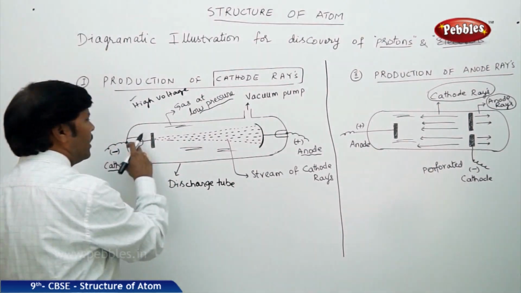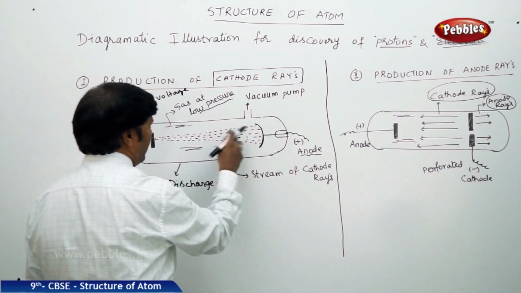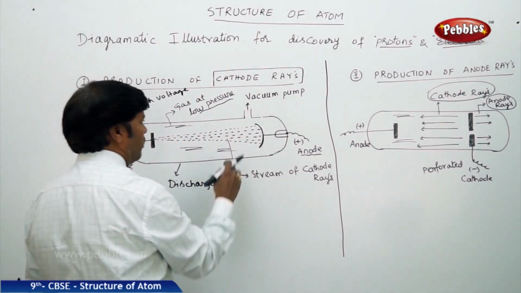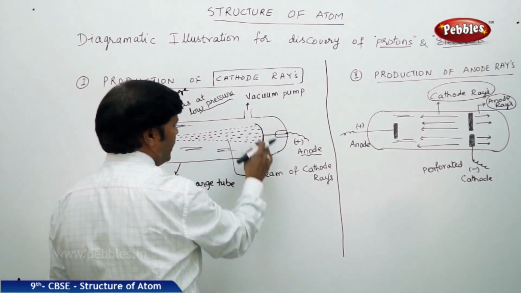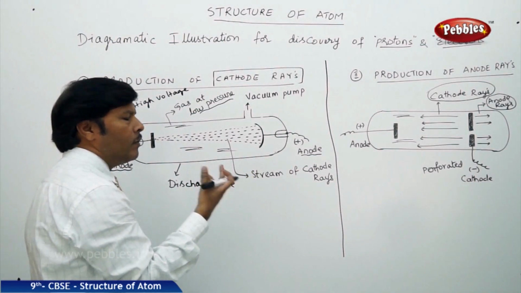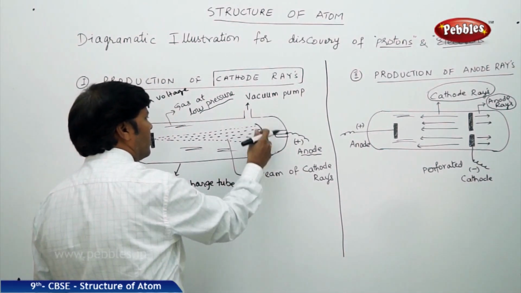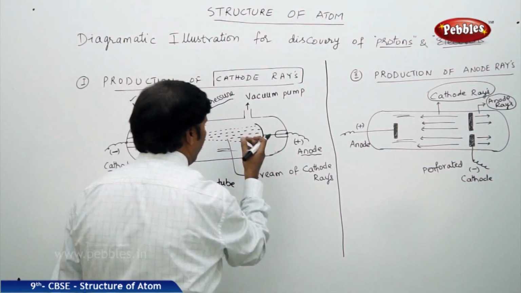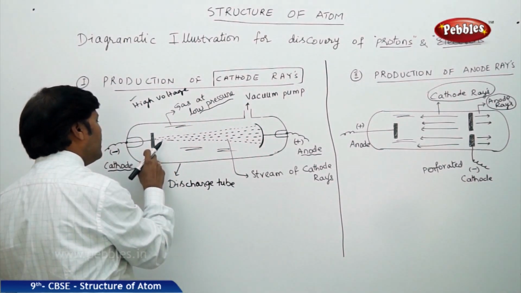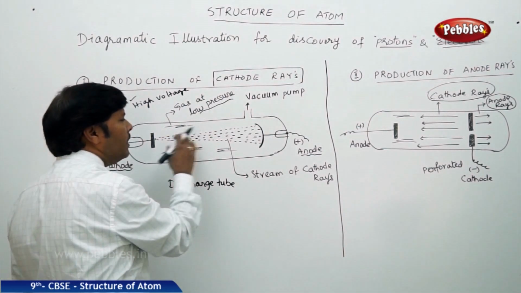Once the current enters the discharge tube, you find a stream of particles keep scintillating, moving from the cathode electrode to the anode electrode, and they hit the surface of the anode. Once they hit, this stream of cathode rays can be traced by the photographic plate, where you are trying to trap the cathode rays. One thing to understand here is that the electrons, as negatively charged particles, originate from the cathode electrode.